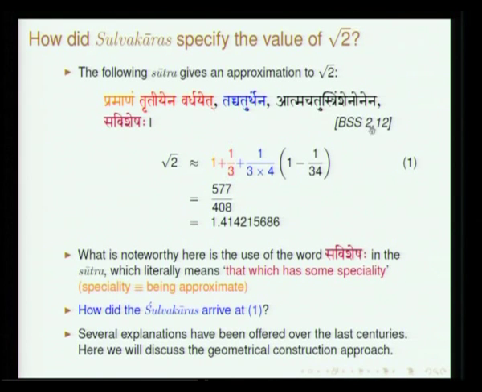We will see soon how Bodhayana might have arrived at this expression for root 2. As I mentioned, this Savishesha has been studied in greater detail and further refinements have been presented in one of the commentaries. Several explanations have been offered by various scholars who studied this sutra, and what we will be presenting here is a certain geometrical way of arriving at this expression for root 2 which we find in Bodhayana Shulva Sutra. In fact, later Professor Srinivas may be telling you how this can be obtained